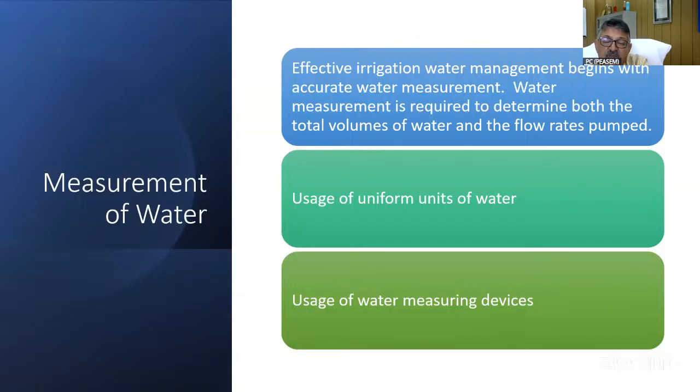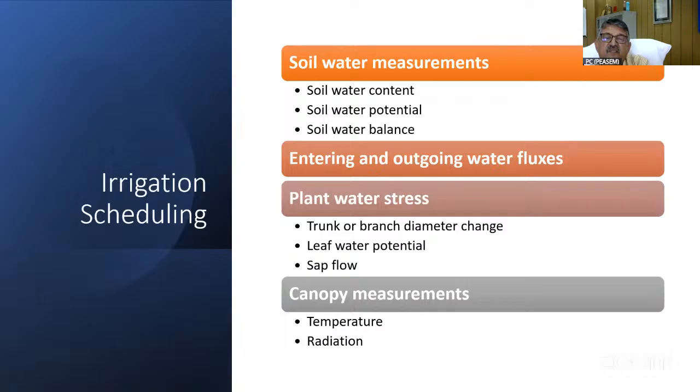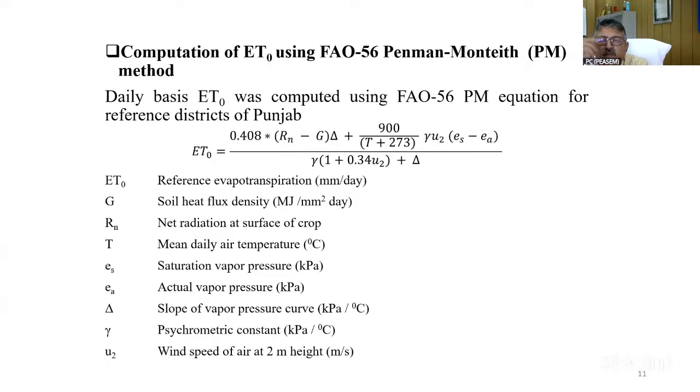When we say this, it means the farmer will also know that they are not selling the produce, but they are selling the water. And soil water irrigation scheduling can be based on soil water content, soil water potential, soil water balance, entering and outgoing water fluxes, plant water stresses, or canopy measurements. It can also be based upon the weather parameters. And of course, this is the most commonly adopted method for calculating the evapotranspiration and ultimately calculating the